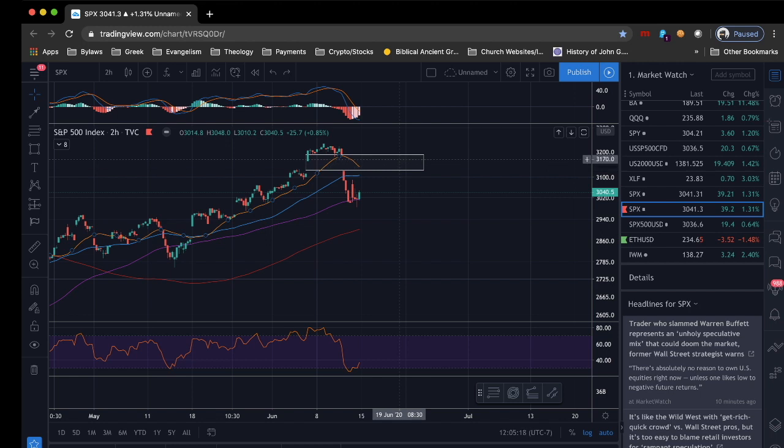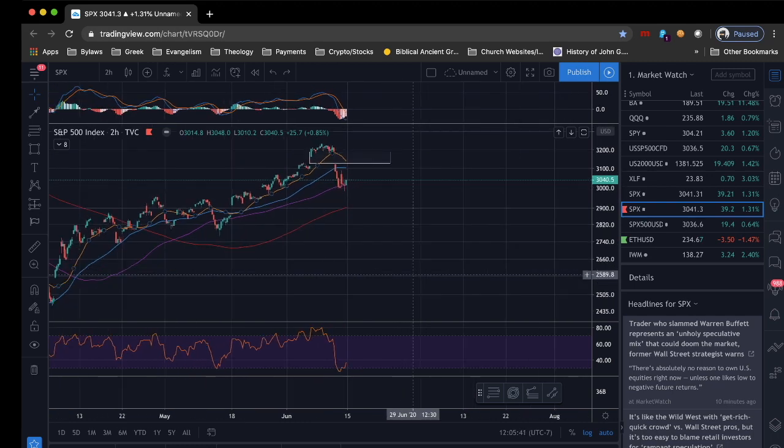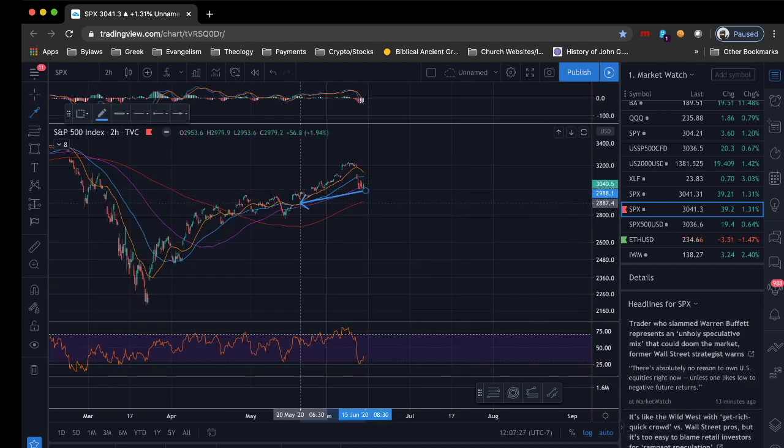Now, if we're able to get above this gap, well, what do you know, we are on our merry way into our bullish trend up. But if we are not able to clear this area, I want to say by next week, then we are headed back even lower than where we were before. And what happens once we go lower? Well, if we start dropping, we're going to try to fill in this gap right here, which makes sense.